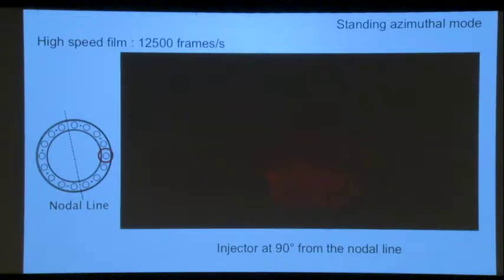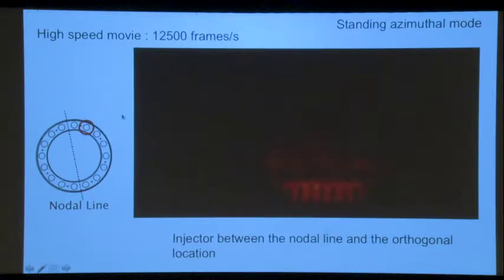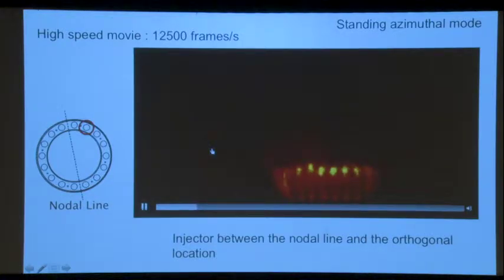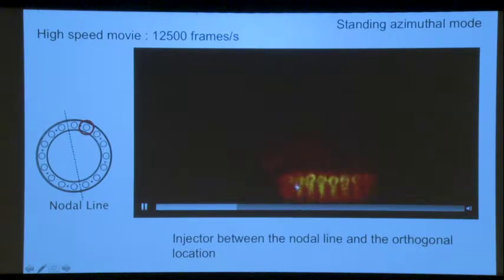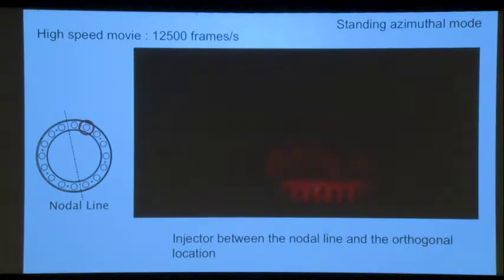So the flames in this configuration act in a different way. If they are at the maximum pressure position or near the maximum, there is a very strong fluctuation in the heat release. When they are close to the nodal line, not much is happening. And this is in between. So there is still motion. You see, as you move away from the nodal line, there is definitely heat release fluctuations taking place.